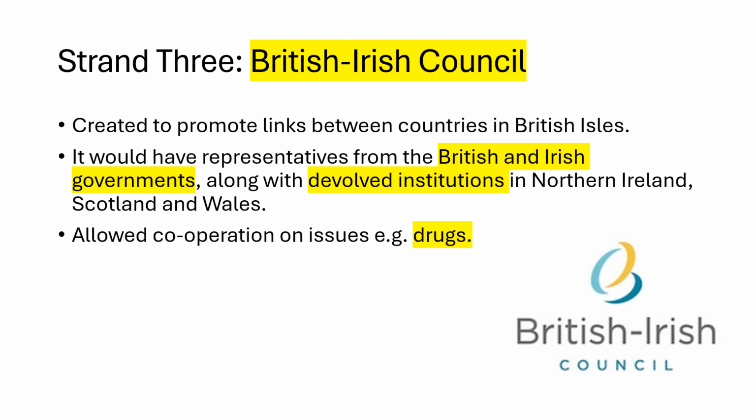One big example is it allowed cooperation on issues which affect them, for example, drugs. It makes sense to take a unified approach to drugs between Britain and Ireland, Ireland and Northern Ireland, England, Scotland and Wales, because all those countries are affected by it, and the drugs coming in to one country normally affect all the other countries around them. So it's just agreement on issues that affect all of them. It's nice and short and sweet. If you're struggling to understand it, if you know what's on this slide, you'll be fine.